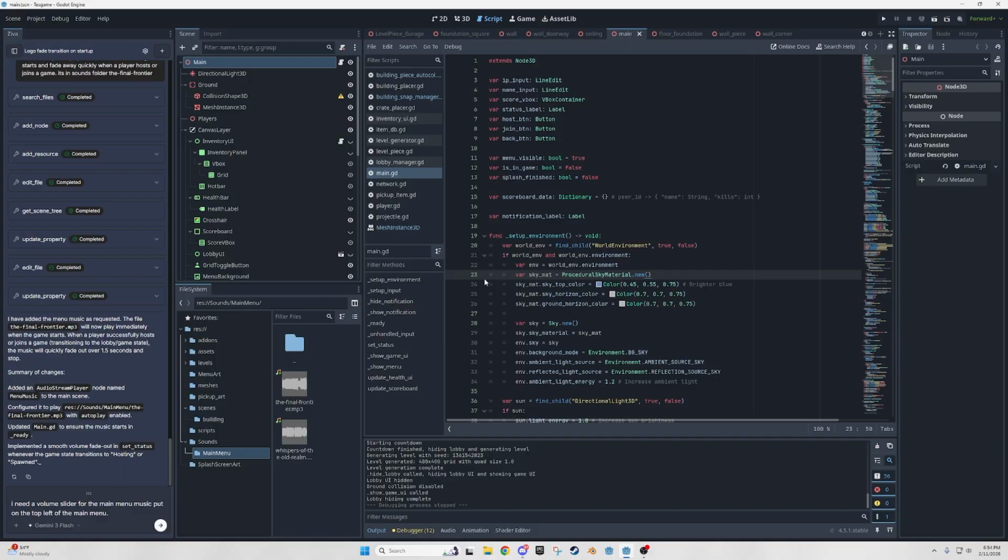So I found Ziva after looking for another game engine that was a little bit simpler. I did some searching online. And when I found Ziva, it attaches over here on the left. You get a panel and you just put your prompt in there and it does what you tell it to do. So I'm super excited for this.